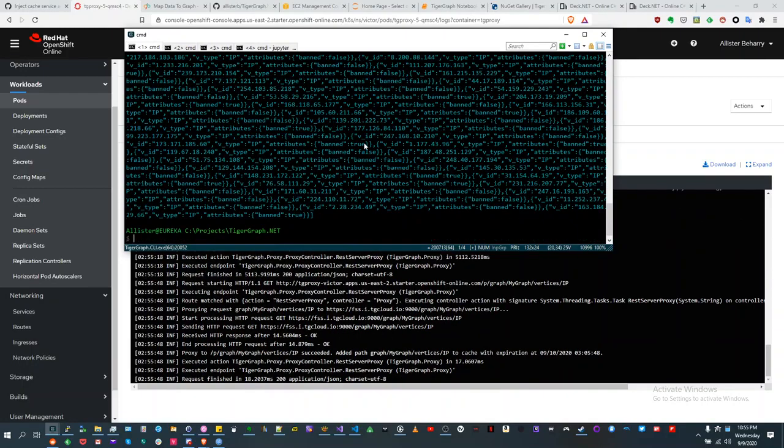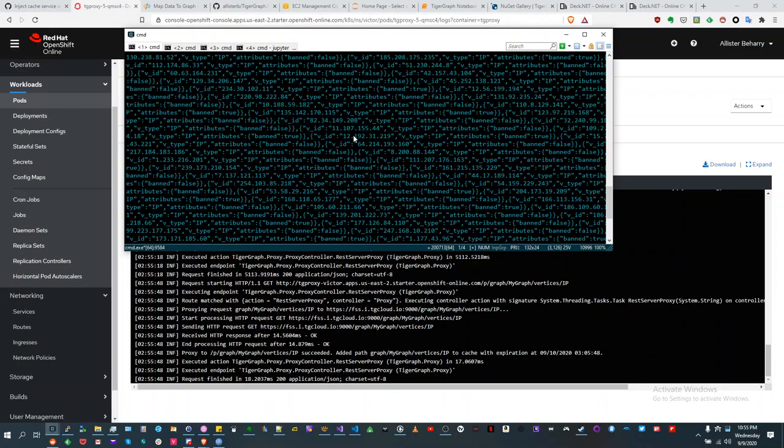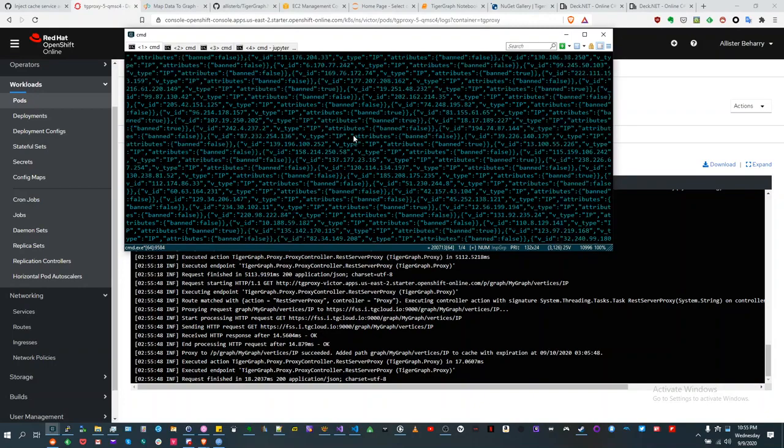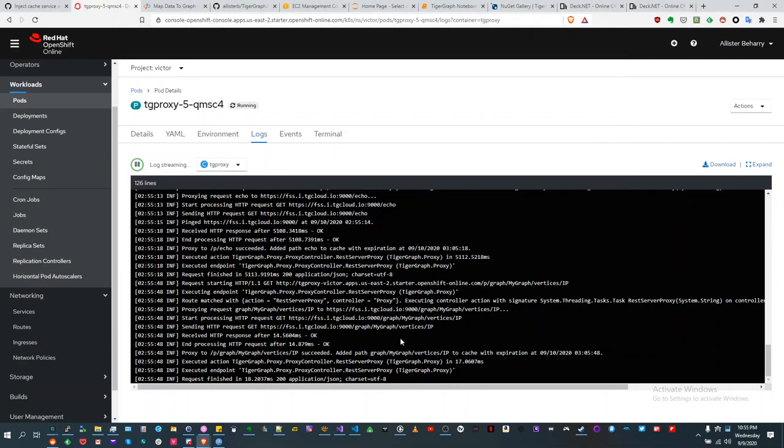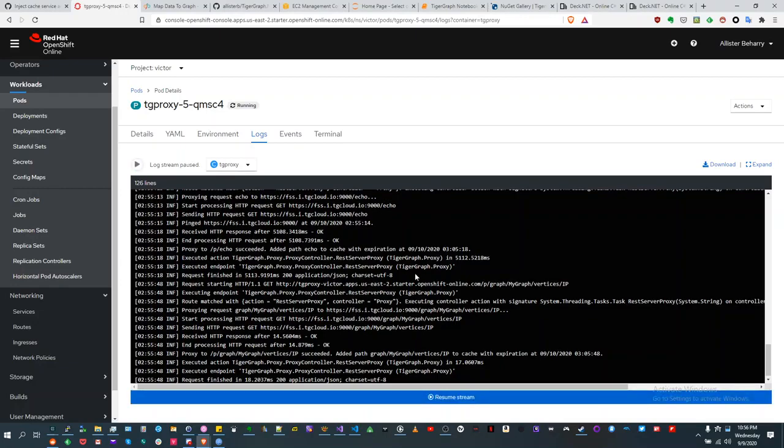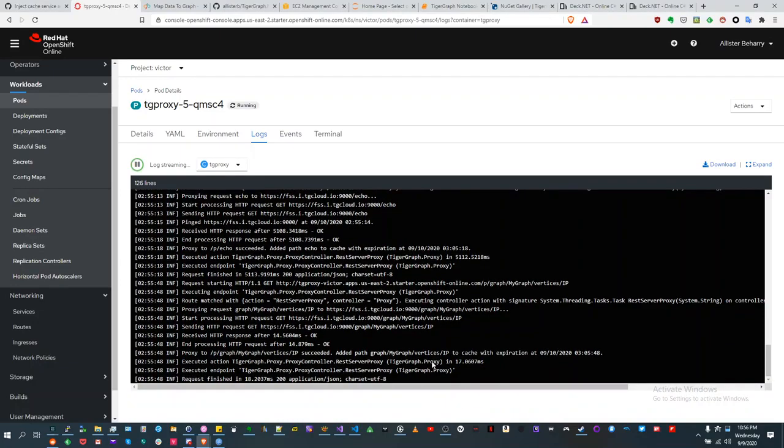okay, so I'm going to pull all of the vertex data. The vertex data is just part of a sample data set that comes with TigerGraph. And in this case, we actually hit the proxy server. Okay, and that particular query, we cached it, and we set it to expire in about 10 minutes. So if I run that query again,